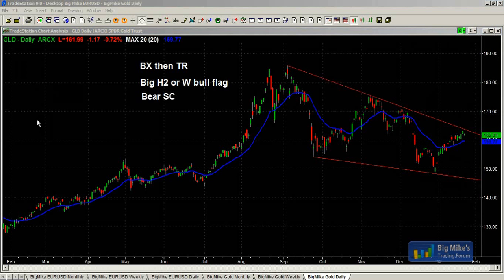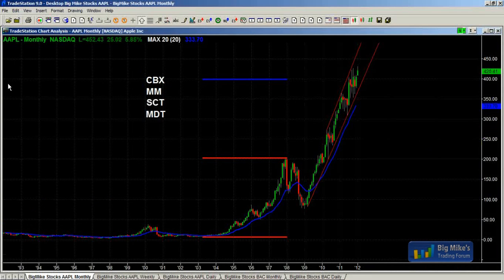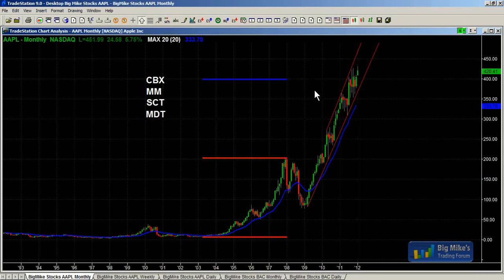Couple stocks that are pretty popular. Apple, we had a strong parabolic bull spike, and then a two-legged correction. It was a buy climax, 2 legs. That's a common type of correction. And then we had a spike up through here in 09, and since then we've had overlapping bars, prominent tails, some bare bodies. So the channel up is weaker, and it's becoming even weaker still the higher up we go. The bare bodies are becoming more prominent, and the tails are becoming more prominent. But we're still in a bull channel.